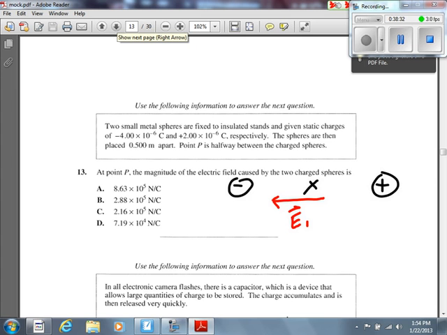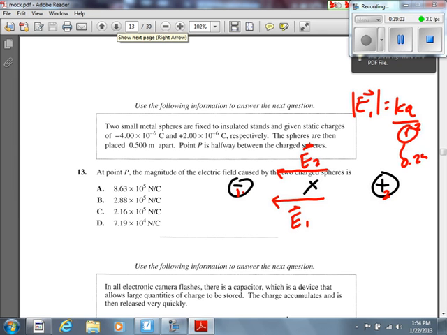The electric field caused by the second charge is which way? The electric field always points toward a negative, and it always points away from a positive. So we're going to say E2 is away from the positive. It's also to the left. You can calculate the value of both of these fields now. E1 is kQ over r squared. E2 is kQ over r squared as well. Just make sure they make r